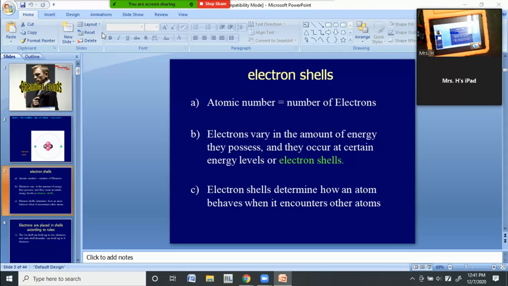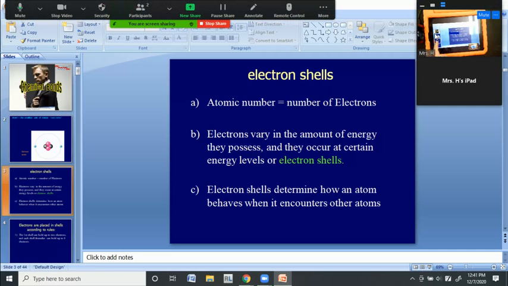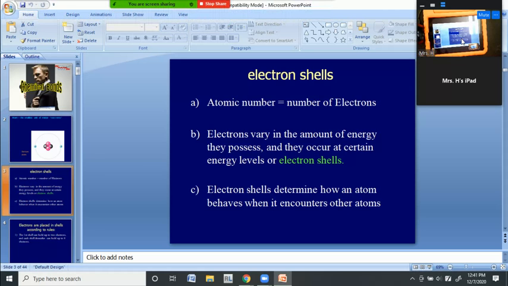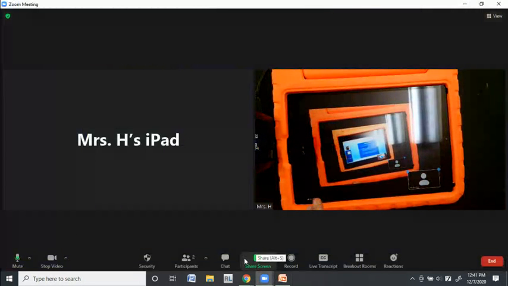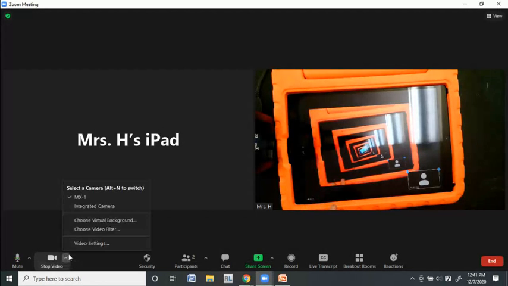So the really cool thing you can do when you are screen sharing: let's say you don't want to show all of this to your students, but you also want to have the side open so that you know which slides you're clicking on, but you don't really need all this open to the kids. So, what you can do, I'm going to stop sharing right now. And then when you are going to screen share in